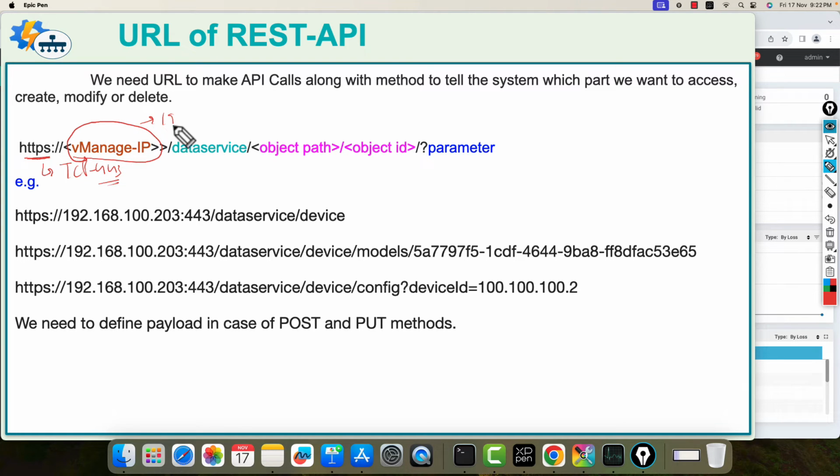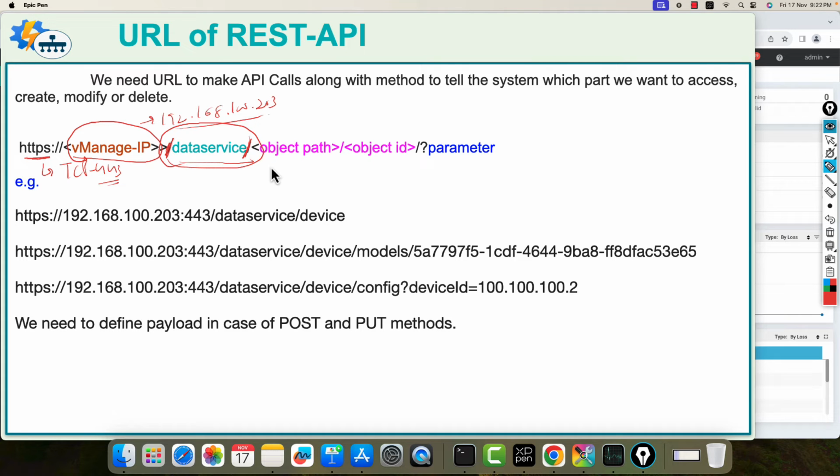In my case, it will be 192.168.100.203, followed by /dataservice/. This portion will be static, it will not change, followed by the object or the object